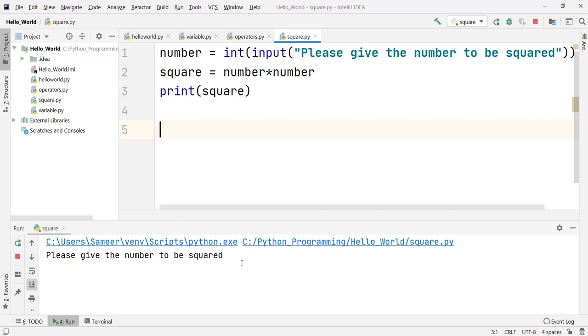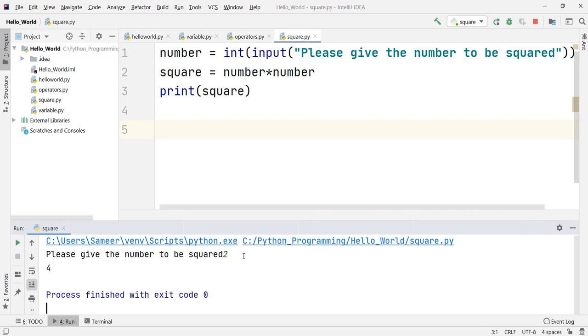In the output pane, it is asking me to please give the number to be squared. Suppose, as we had done earlier, I give the number as 2 and press enter, we were getting the output as 4.